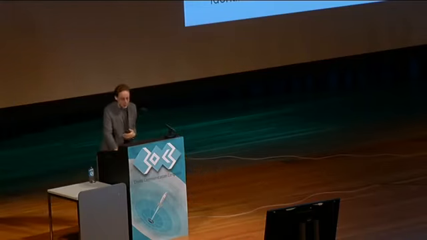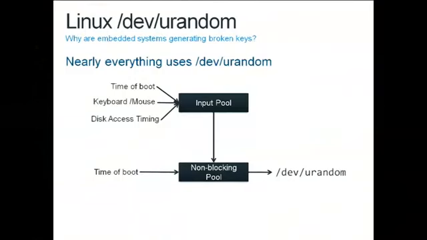And we also traced the problem back to a fundamental problem in the Linux kernel. This is one of the things that many of these devices shared, that they were running Linux. Well, on Linux, where do you get random numbers for key generation? You probably get them in practice from /dev/urandom. They say you should be using /dev/random, but nobody does, trust me.